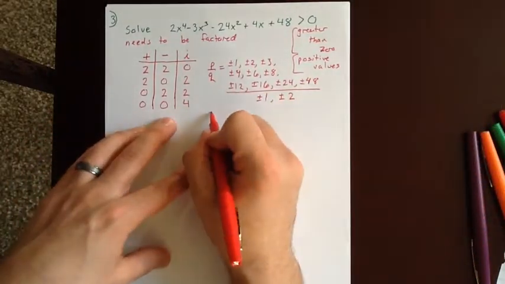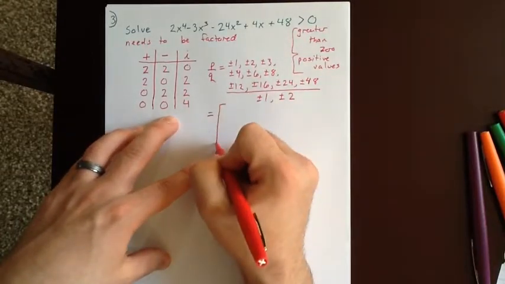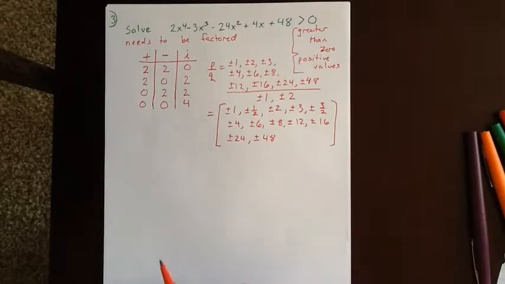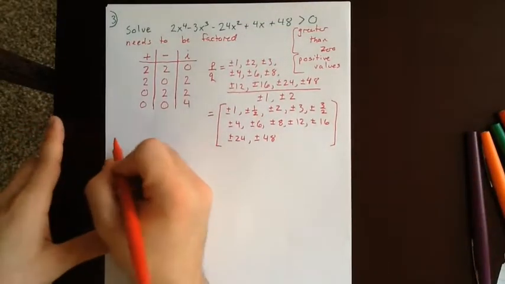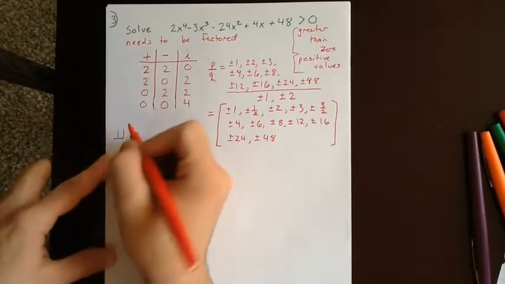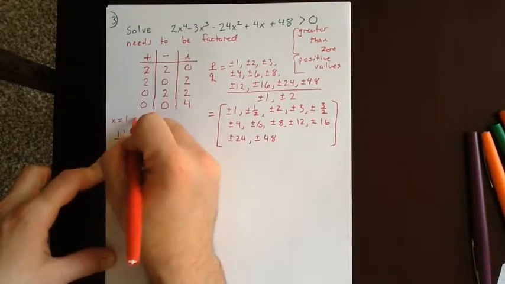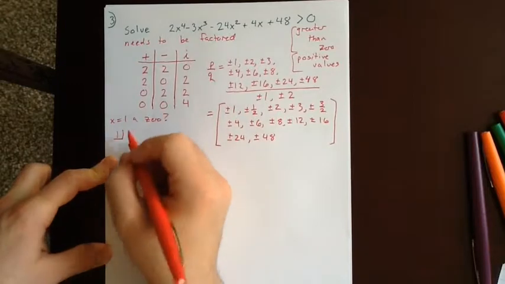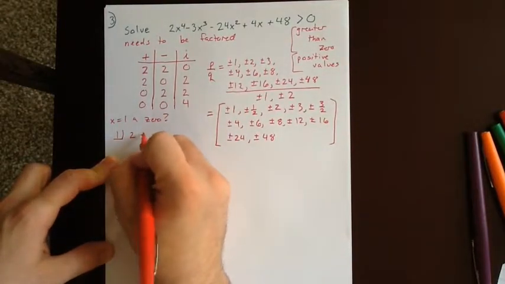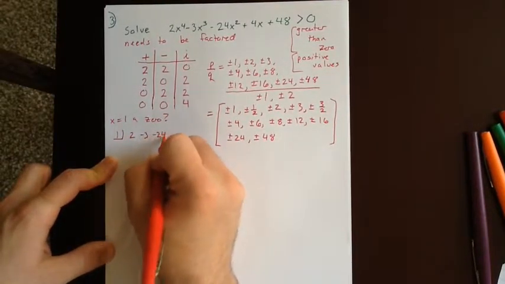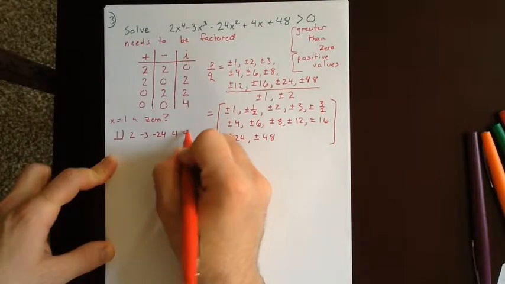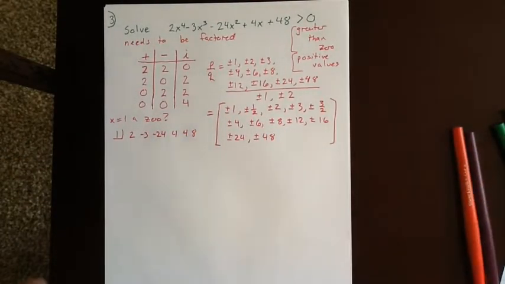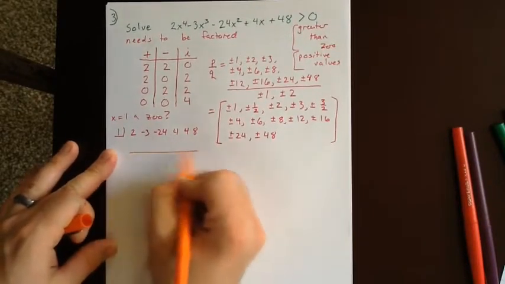So when we actually list out all the possibilities, we get this list. And as we've discussed before, we test 1 to see if 1 is a 0. Through synthetic division, we would have 2, negative 3, negative 24, positive 4, and 48. So going through this, we find